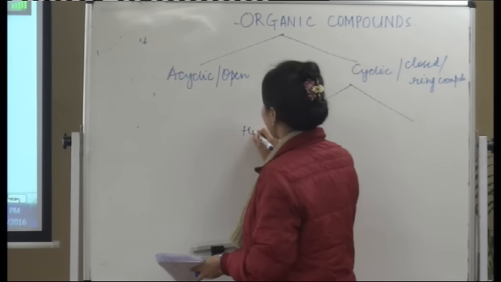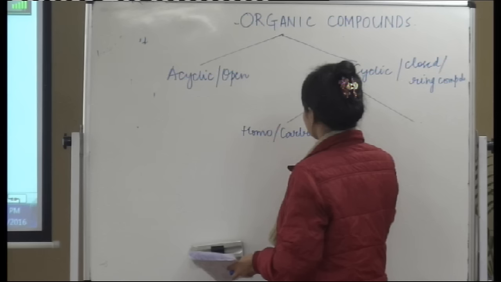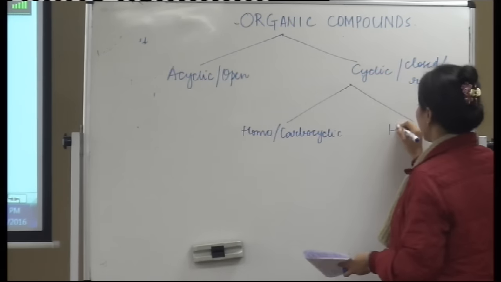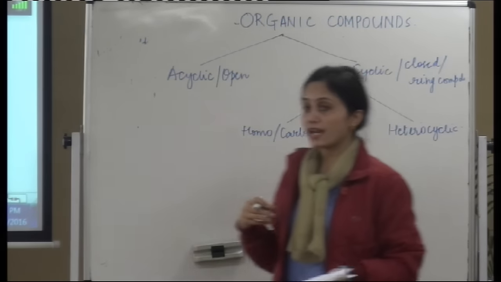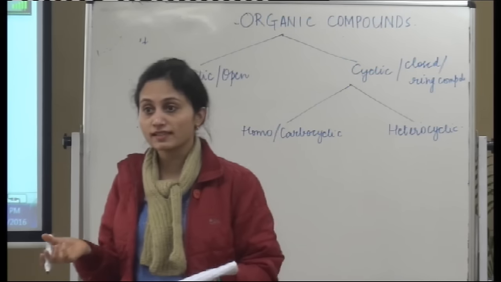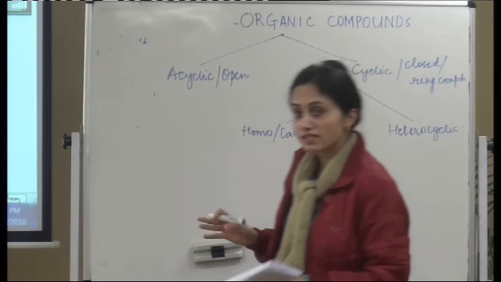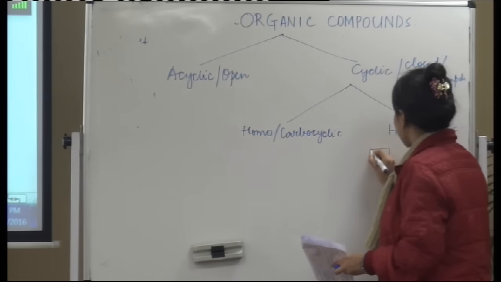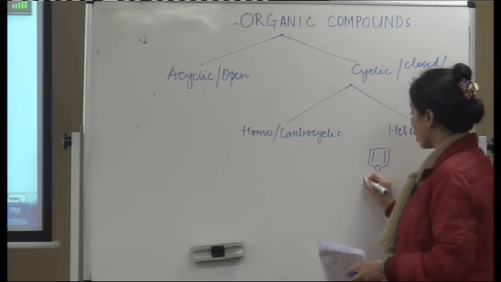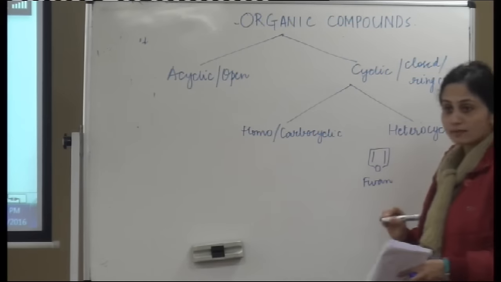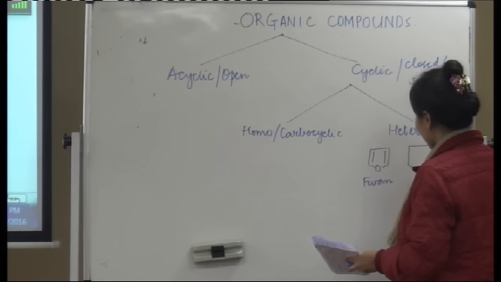The homocyclic compounds are also known as carbocyclic compounds. And then you can have heterocyclic compounds. The name hetero is given whenever you have an atom in the ring which is any other atom apart from carbon. Like if you have an oxygen in your ring, and it possesses some kind of cyclic nature of this form, then this is your furan. Some common names that you should know are asked many a time in the entrance examinations also. This is your furan. Just in case there is a nitrogen in here,